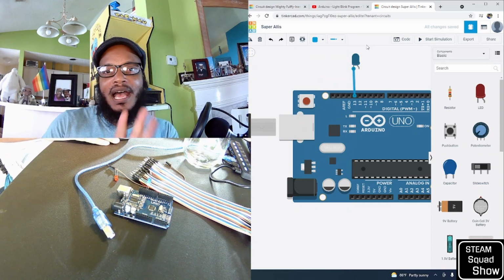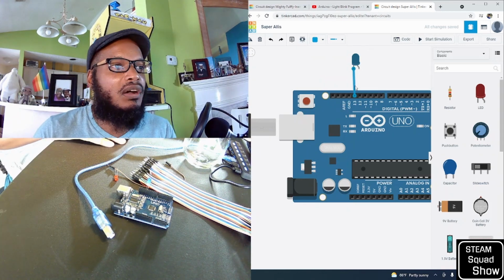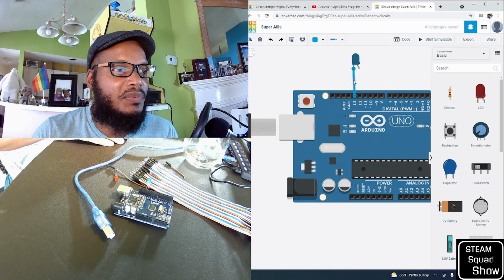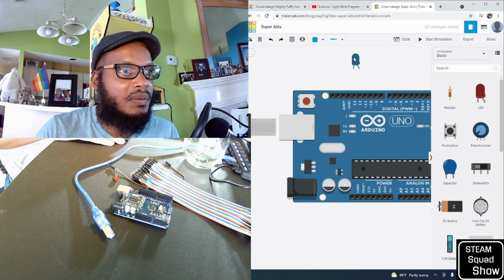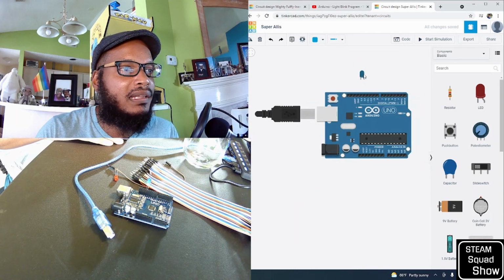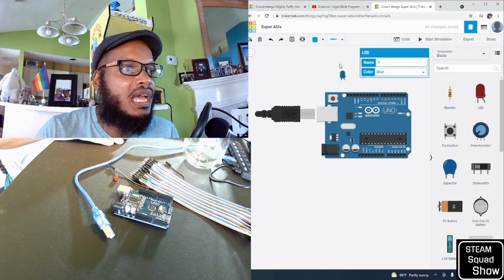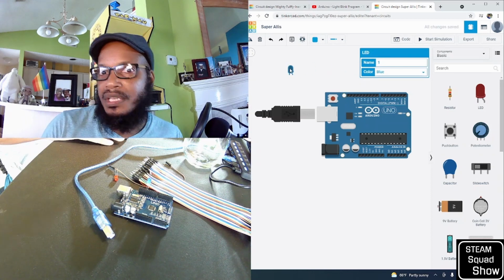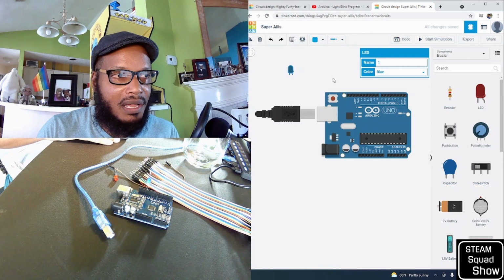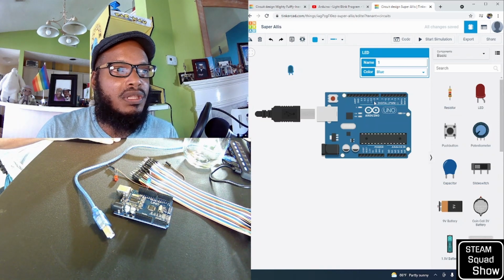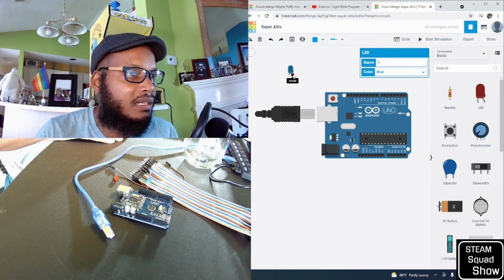Anyway, so I can make it whatever I want. So let's talk about some other things that we can do with this wire, because I think it's kind of cool to talk about the wire. So I'm going to pull back a little bit just so we can see a little bit more. So say my LED is over here for some reason, right? It's not directly in. Can I connect the wire to the Arduino from here? Of course I can. So I can click here,